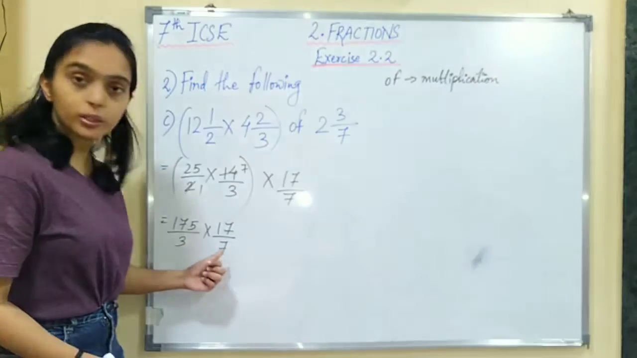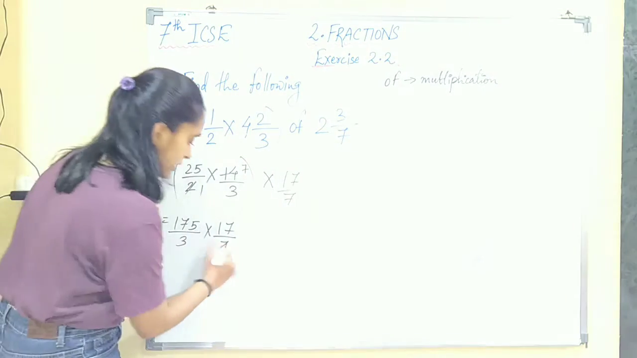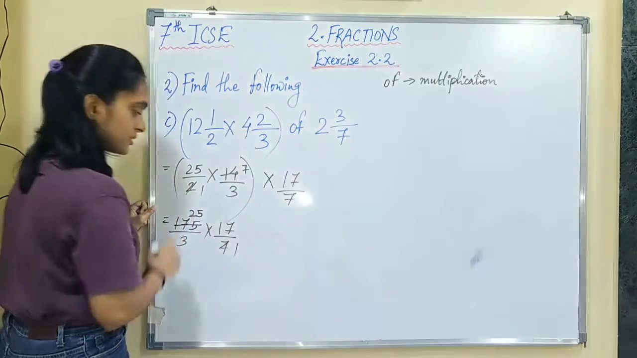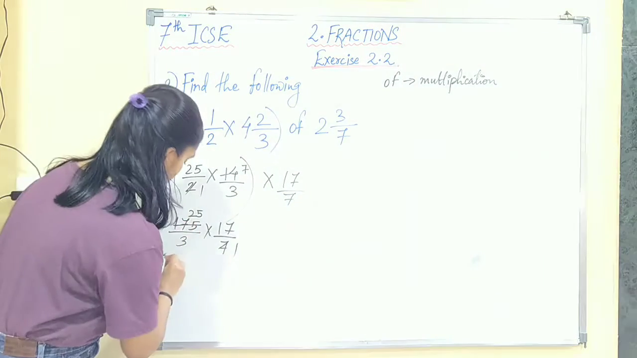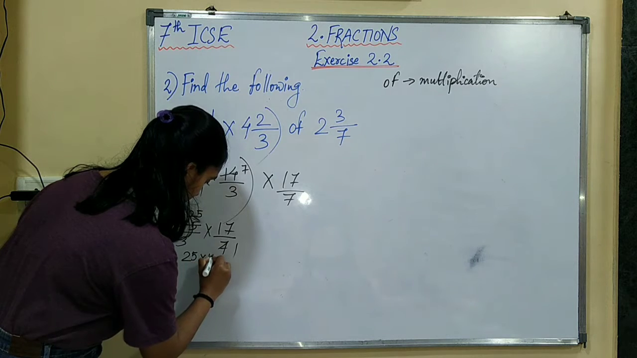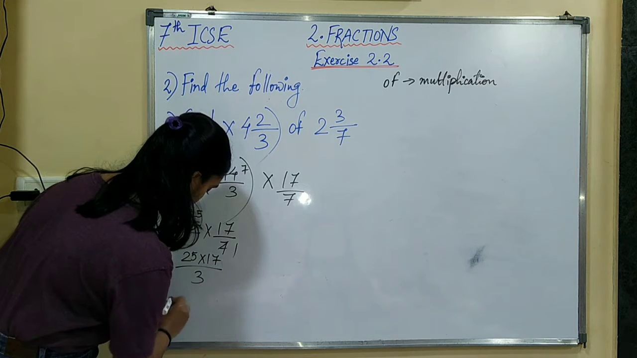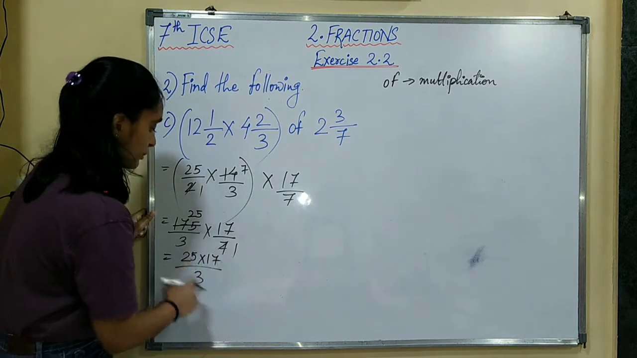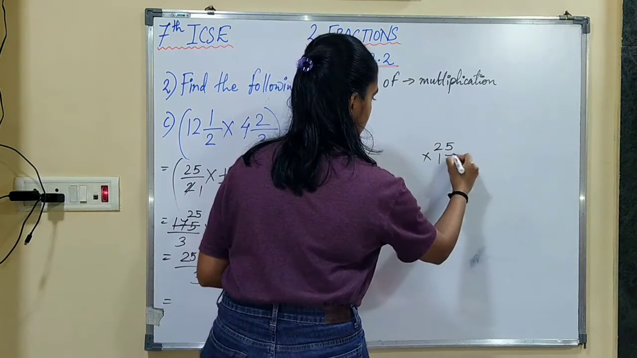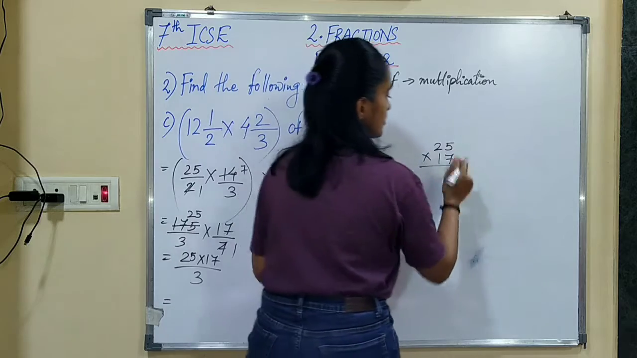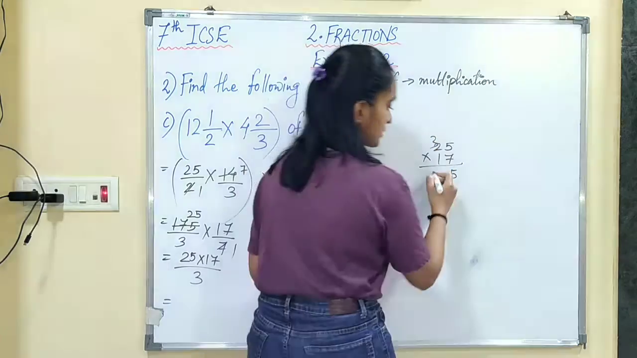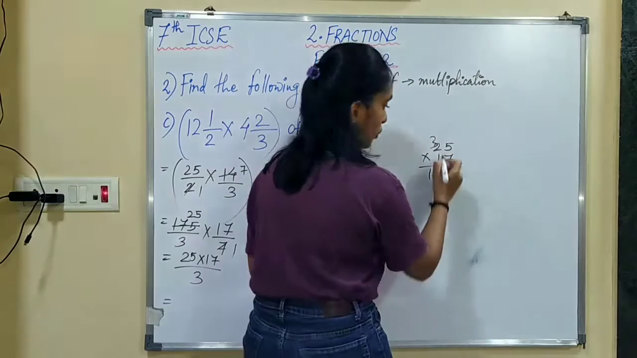175 is divisible by 7. So we will reduce it. 7 ones are 7 and 7 twenty-fives is 175. So 25 multiplied by 17 upon 3. So by multiplying this number we get 25 multiplied by 17. 7 fives is 35, 7 twos is 14, plus 3 is 17,